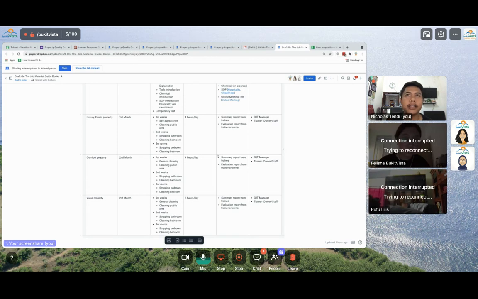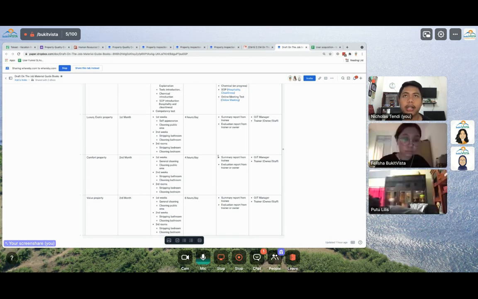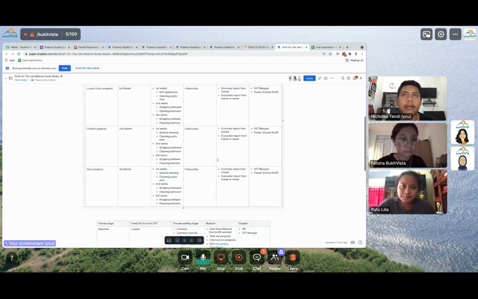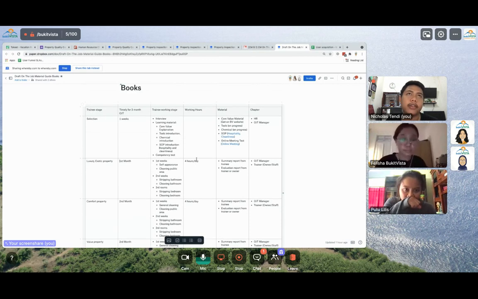And then I created two tables. Katendi, you're still lagging. Oh, hello. I think I created two stages, because sometimes the training time is 3 months and sometimes 6 months. So I created the 3 month and the 6 month versions. This is what I got. For the material, it's still in progress, Felicia, like tools and SOP and everything. But for hospitality and cleanliness, it's already there. That's all. Maybe there is a question.